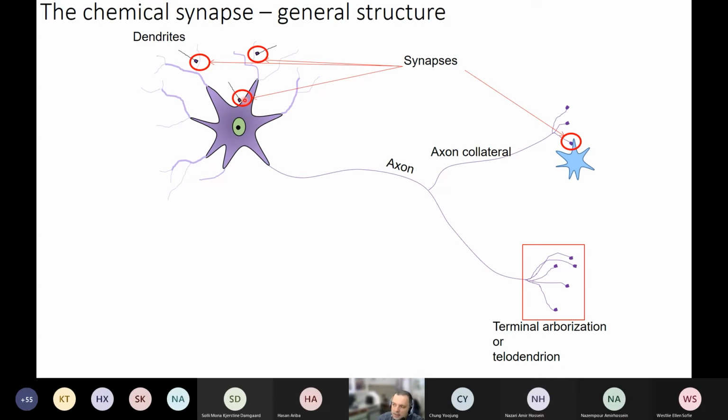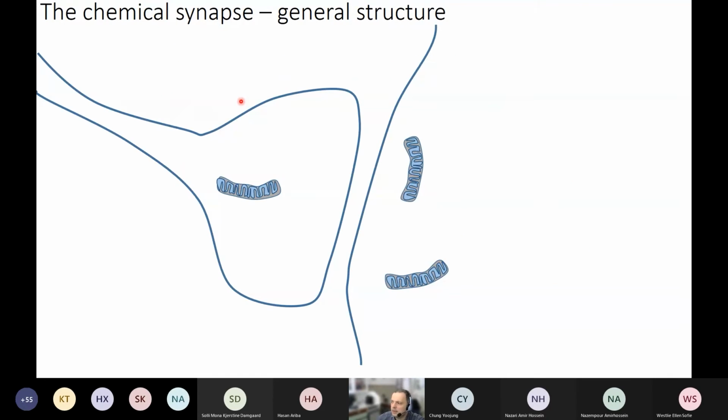Now, if we zoom into one such connection, I try to explain to you the general structure of the chemical synapse in a very simple scheme. So this is the nerve fiber that comes to the synapse. This is the end arbor or the terminal arborization of the axon, which usually enlarges a bit. This is not necessary, but usually there is an enlargement. And this enlargement is simply called presynaptic structure or terminal button. With this term, you may also